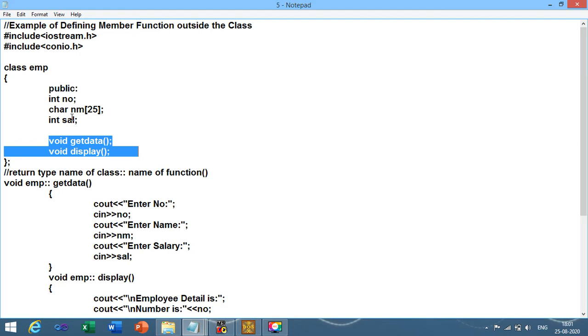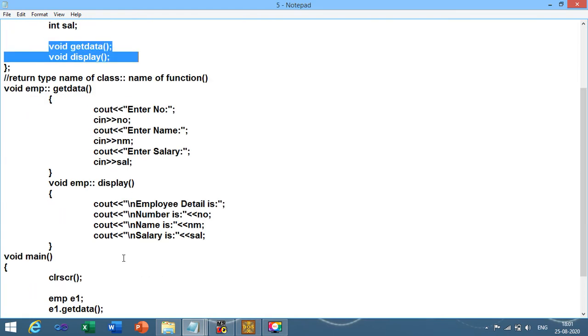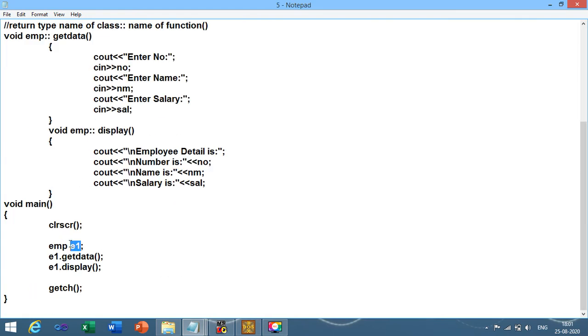So if you want to use such kind of property, at that time you need to take a permission from the employee class, and that permission is known as EMP. EMP is nothing but an object. Object means through which you can access the property and method of employee class. So in this way you can define.